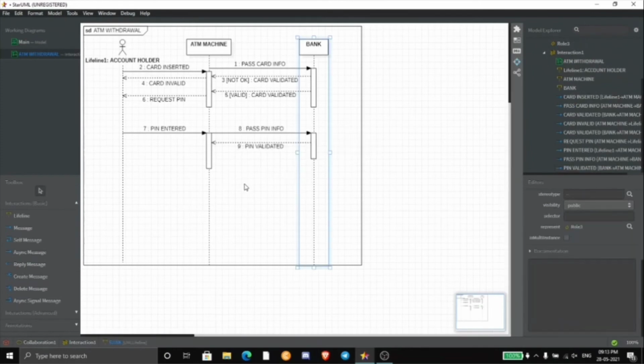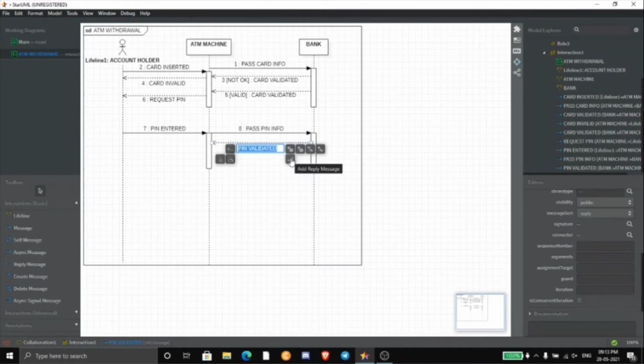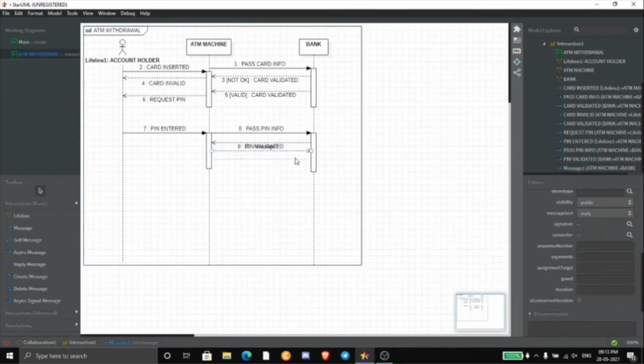The bank will reply with a message pin validated. If it is not okay, then the ATM machine will send the account holder the message that the pin is not valid.